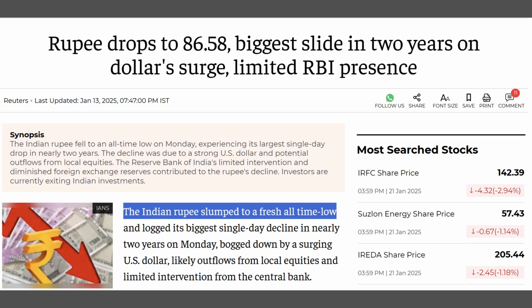Today we are talking about the rupee. Rupee falls to an all-time low against the dollar. Sounds familiar? Seems like every other day. And the RBI, their name keeps popping up. Are they doing too little, too much? Depends on who you ask. But seriously, what does it all mean? Why does the rupee fall? Why does the RBI get so involved?